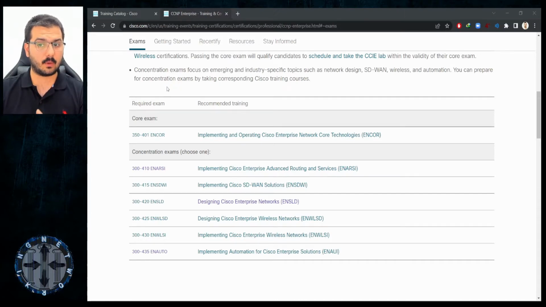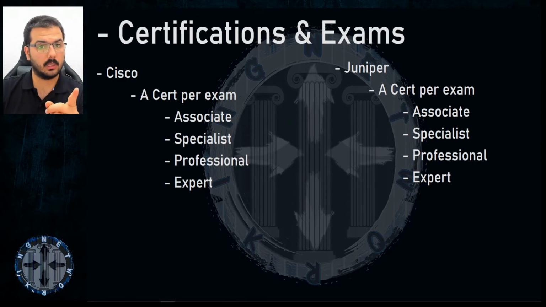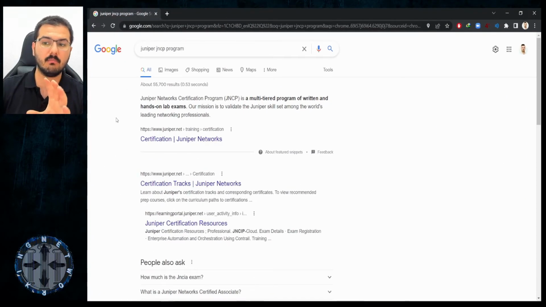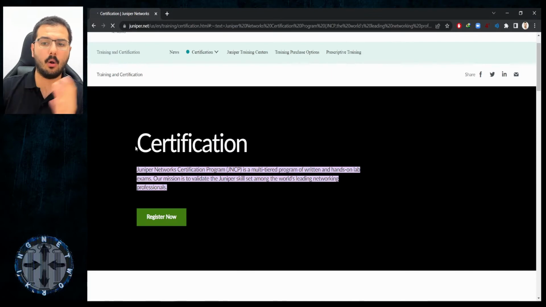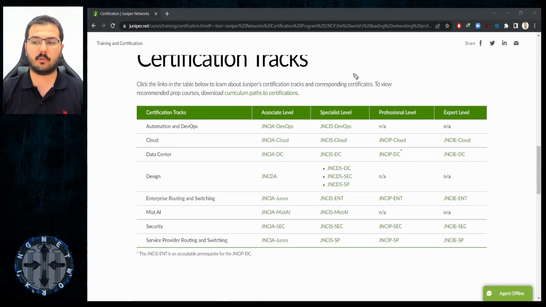So far, so good. Believe me. Why? Because when I look at Juniper, I would like to click on the Juniper JNCP program, which is a simple page that shows me all Juniper certificates, all of them. These are all the exams and certificates available right now from Juniper. Every single certificate has a single exam related to it. You want to become certified as JNCI PDC? Take an exam from Juniper called JNCI PDC. Done, as simple as that. You want to become a specialist in security? You will take one single exam called Security Specialist with Juniper. Done. It's as simple as that.